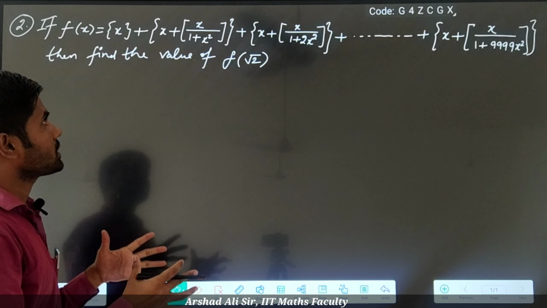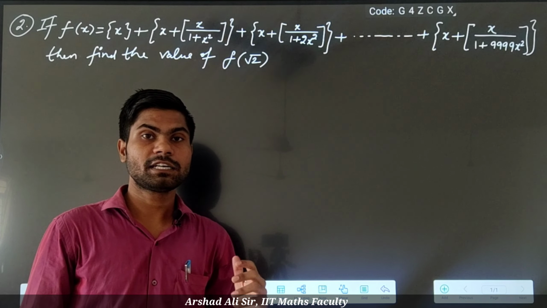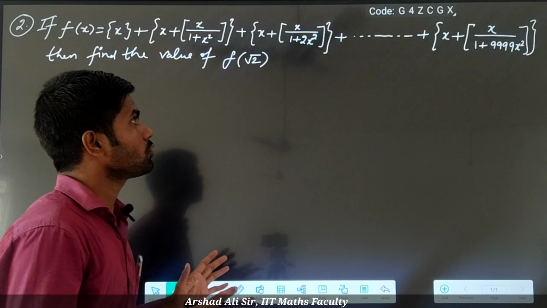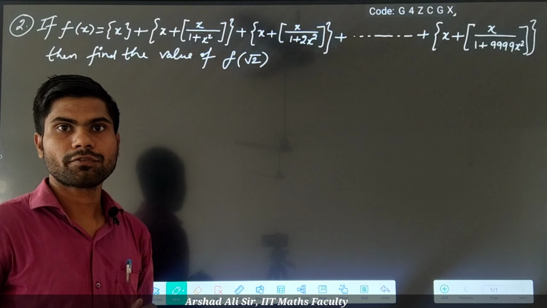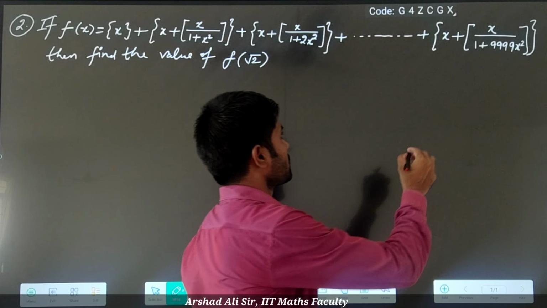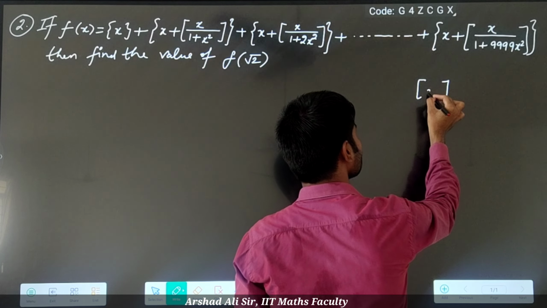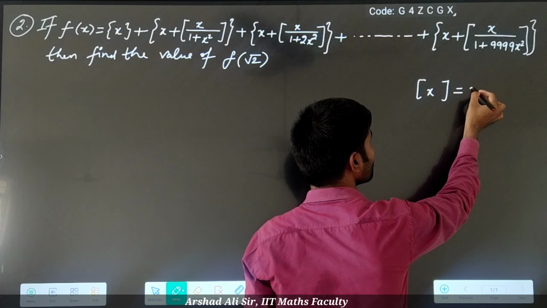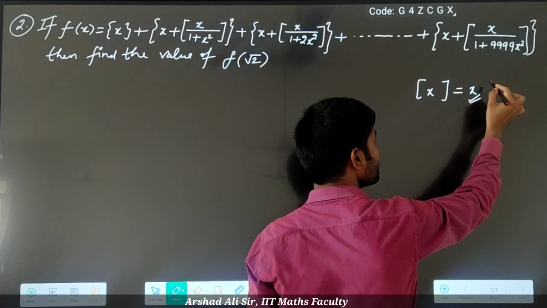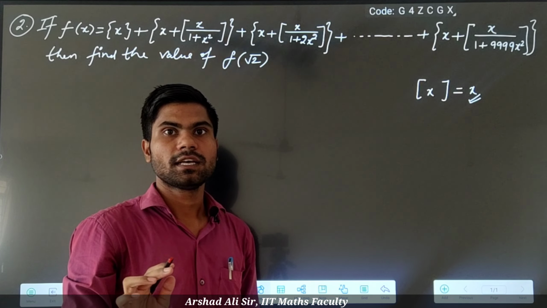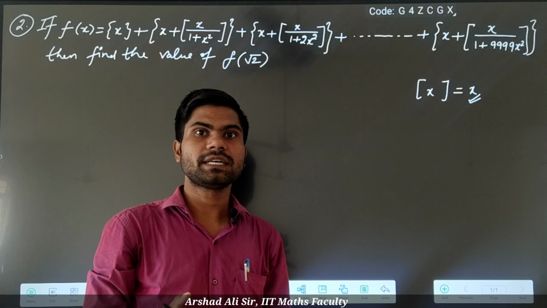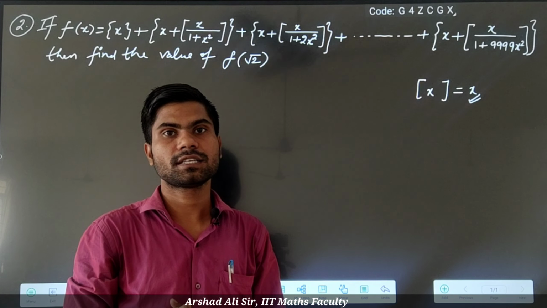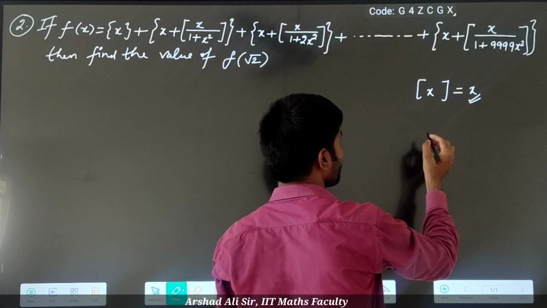If you are thinking about the structure of the question, it looks like a difficult question, but it is a very easy question if you know a little bit of the properties of the fractional part function and the greatest integer function. Suppose you are putting x here, whether x belongs to the integers or not, the greatest integer of x is compulsorily an integer. If you are putting any integer or non-integer number under the square bracket, the answer you get is an integer; it is called the greatest integer function. Second one, the fractional part function.